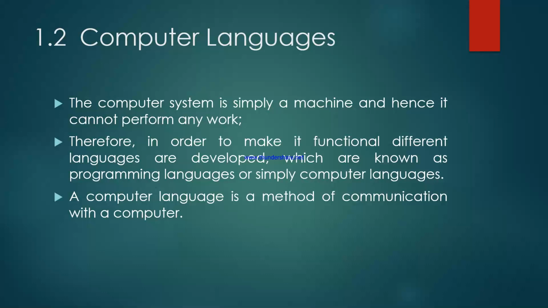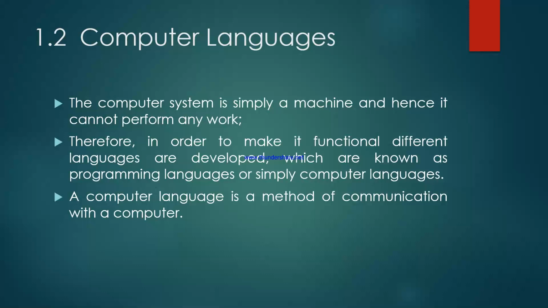So in order to make it functional, different languages are developed, which are also called programming languages, or simply computer language. With the help of these programming languages, the computer is able to communicate with human beings